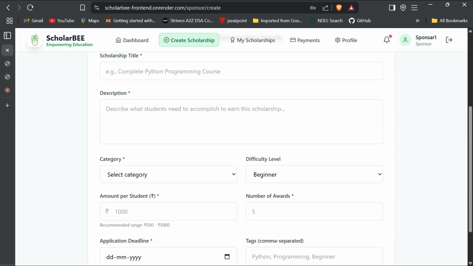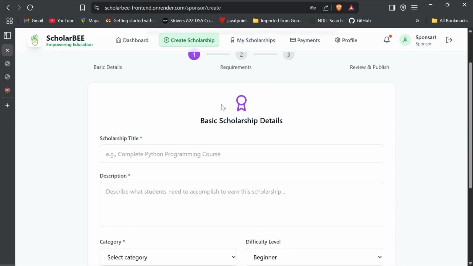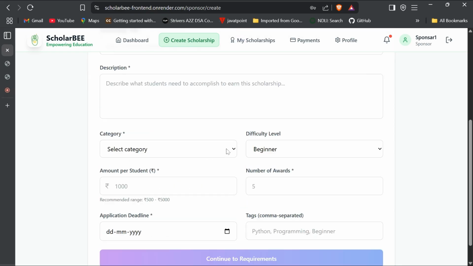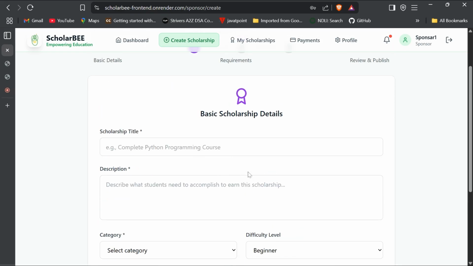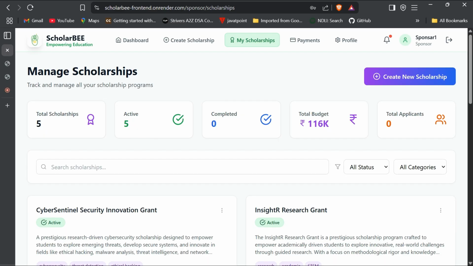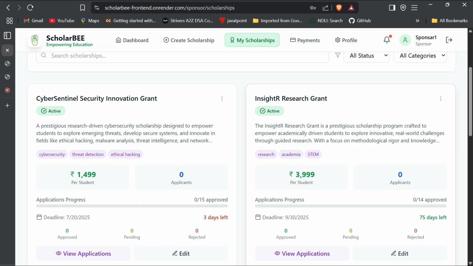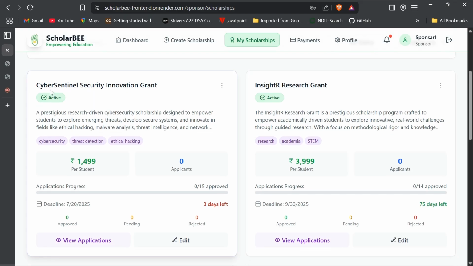There are certain details to be filled and certain requirements to be fulfilled by the sponsor, and after that the scholarship can be published and it will be reflected in the student's account. These are the scholarships already published by the sponsors, which were reflected in the student account too, as I showed you.